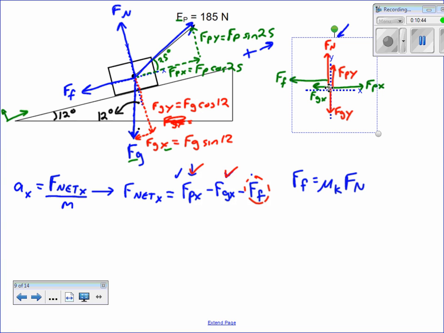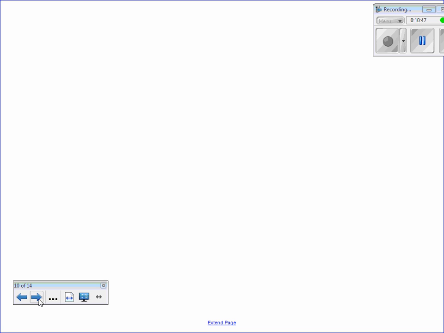So let's jump forward another page. This is just so I have room to show you what to do. So here's the challenge. Now, we have to figure out the normal force, so we have to work with F net y. F net y is going to be equal to the sum of the forces acting in the y direction. The y direction is the same as the normal force, so it's going to be the normal force plus, Phil's push force is upwards. The y component of Phil's push force is upwards, so Fpy, and the y component of gravity is negative